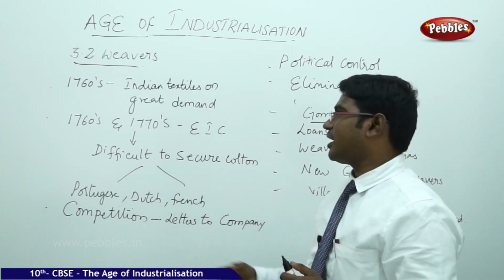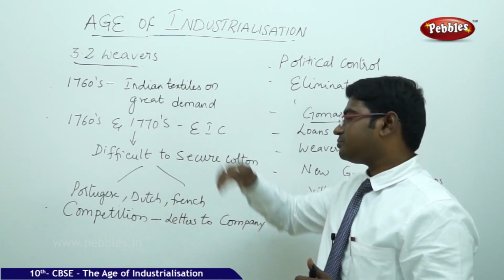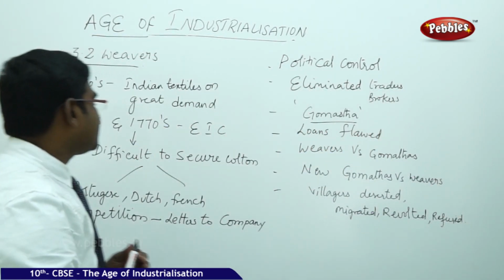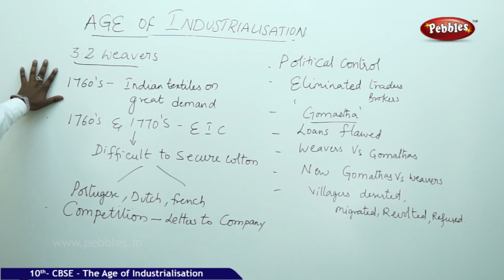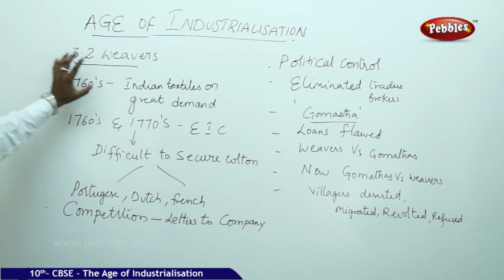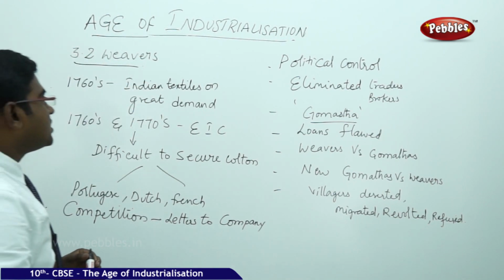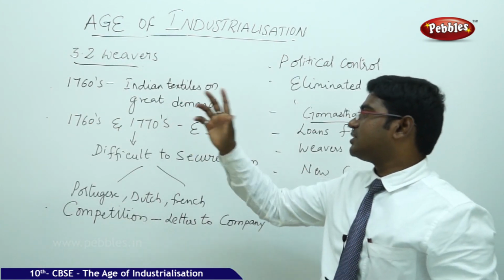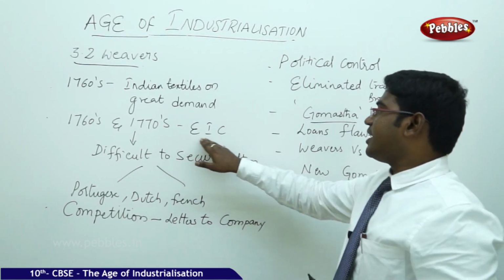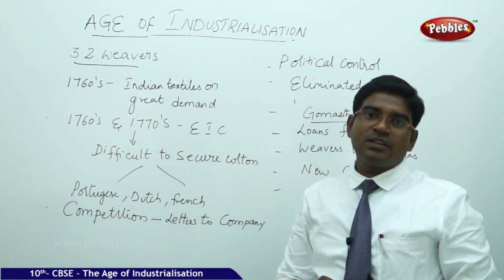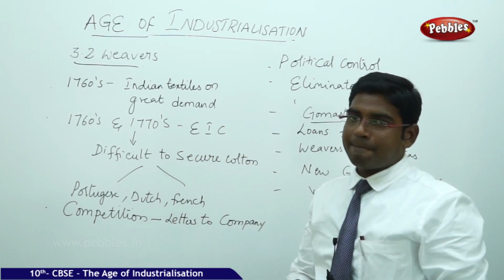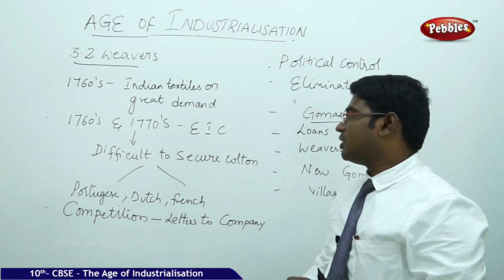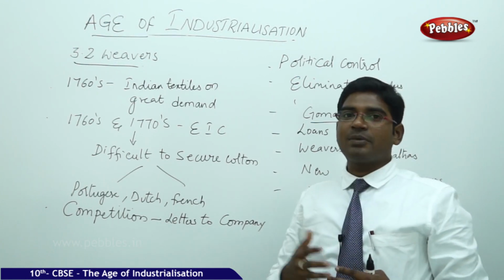Let's have a quick recap of it. Why did the weavers react in such a way? The weavers in 1760 were at the peak of their success. Indian textiles were in great demand in the European market. By the 1760s and 1770s, the East India Company had established its foothold in India. After being victorious in the Bengal and the Carnatic wars, they wanted to have a regular supply of cotton to